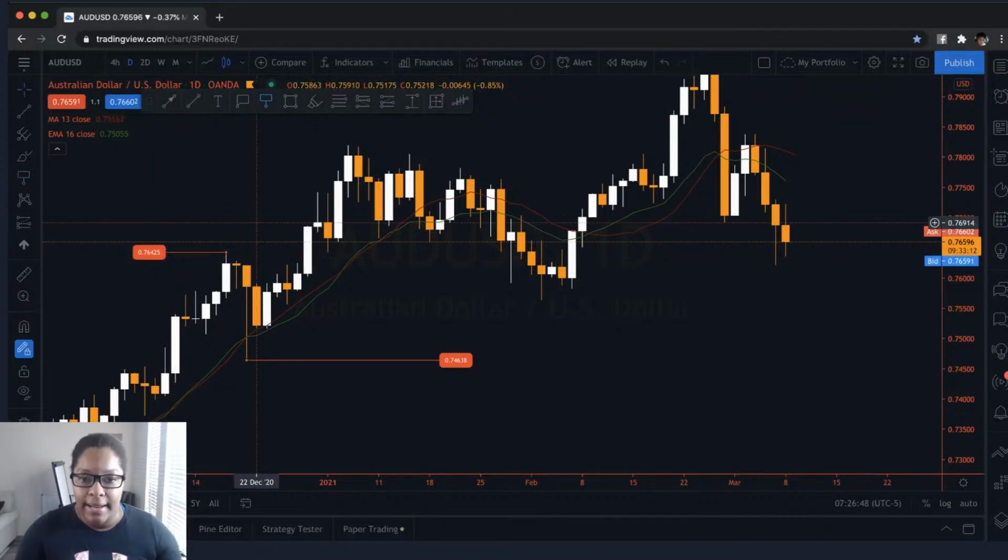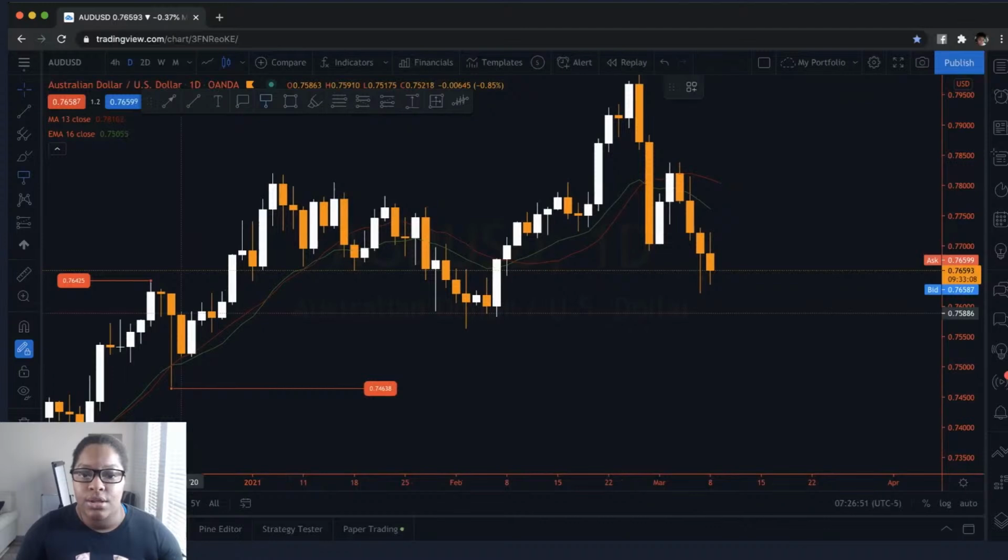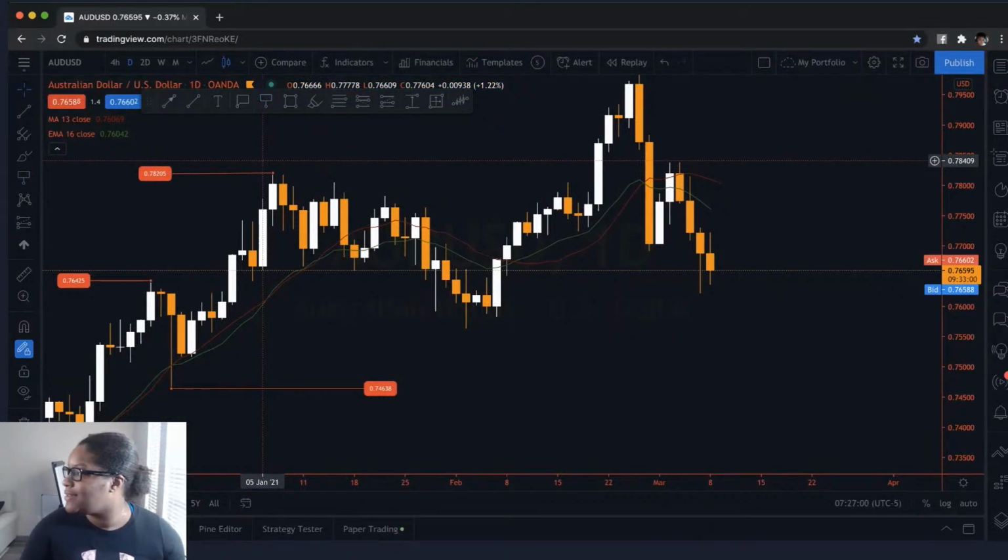So this is a high point. This is a higher low point. Then price goes up, it stops, and then it creates a new higher high. And what a new higher high basically means is